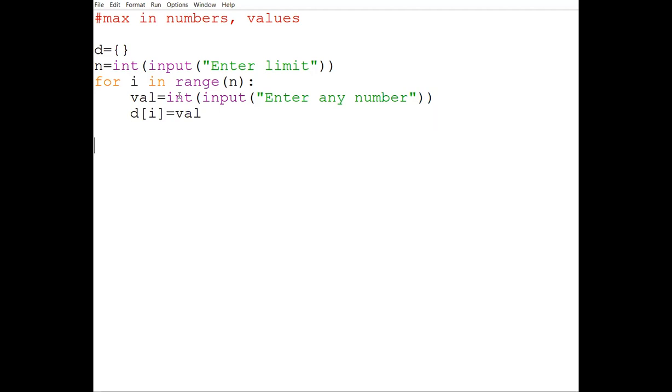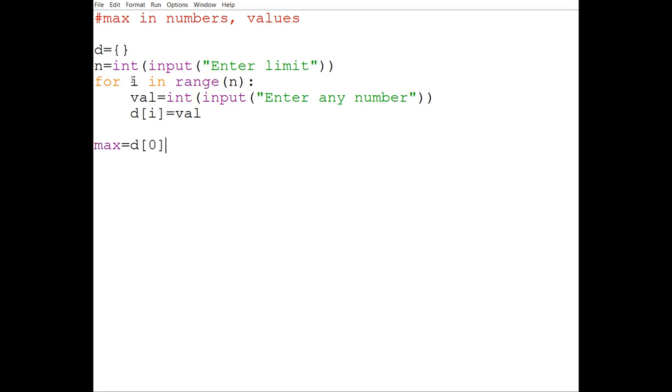Then, because we have to find the maximum value, I am going to assume that my maximum value is equal to d of 0 only. Why d of 0?